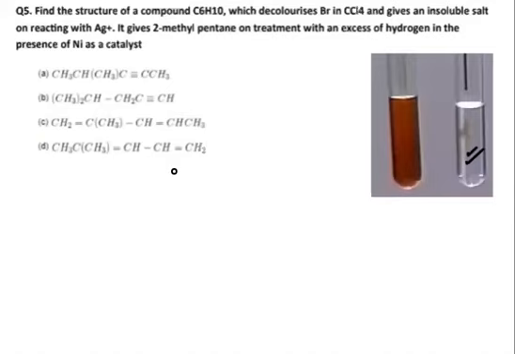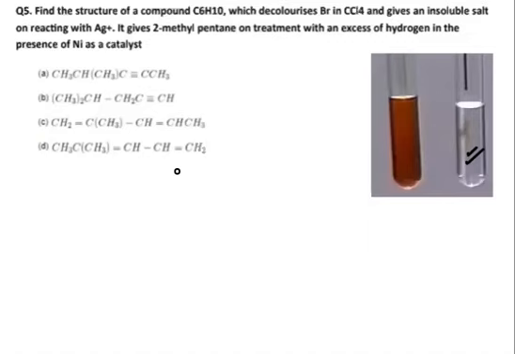Moving on to the next clue, it says that this particular compound can give an insoluble salt on reacting with silver ions. And for getting silver ions, preferably it is silver nitrate solution with ammonia that is used to carry out this reaction. I'll repeat. Ammonia in silver nitrate solution is used to carry out the second reaction.